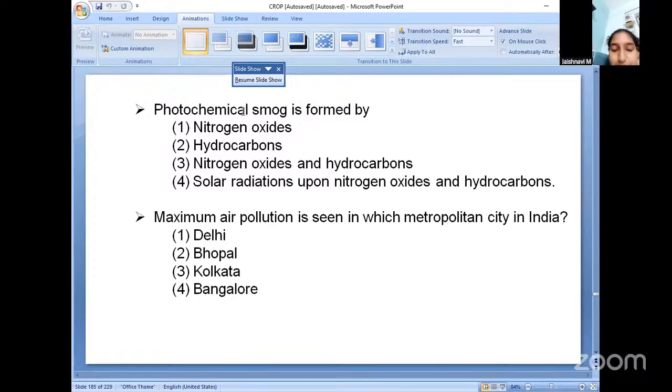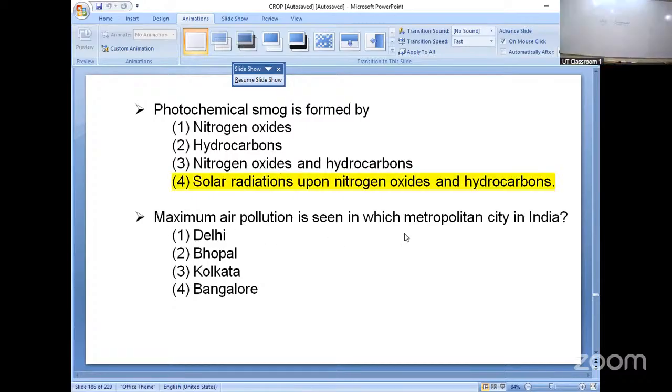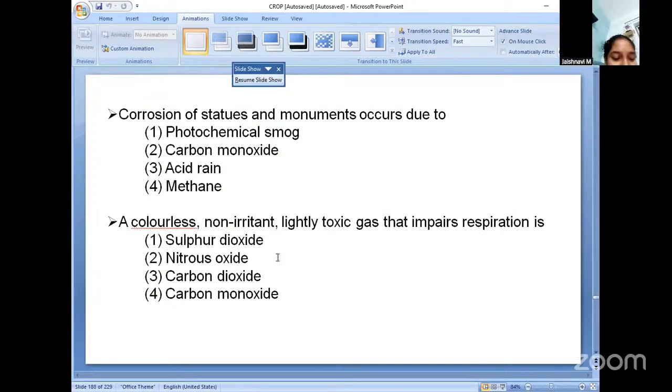Photochemical smoke is formed by which of these? As the name indicates, it should be related to solar rays. Maximum air pollution is seen in which metropolitan city? Delhi. Corrosion of statues and monuments occurs due to